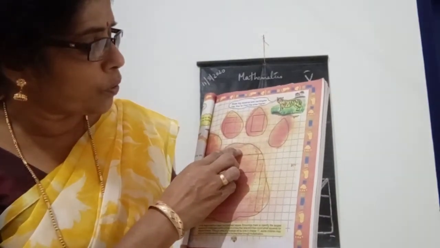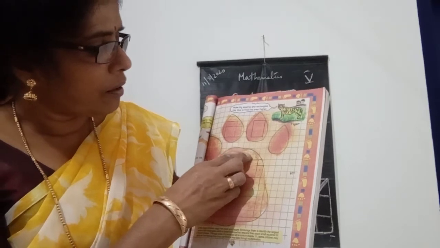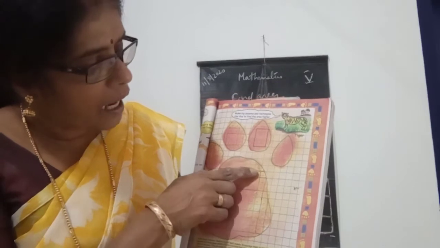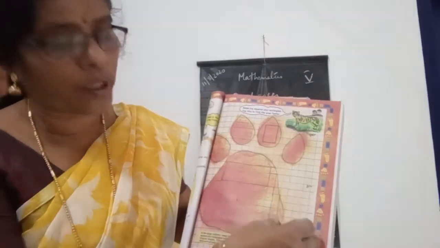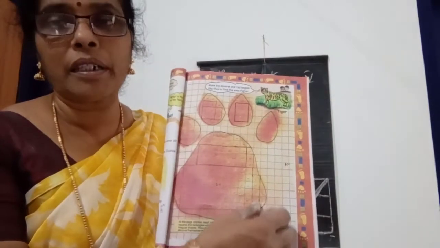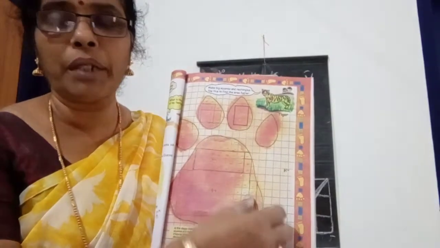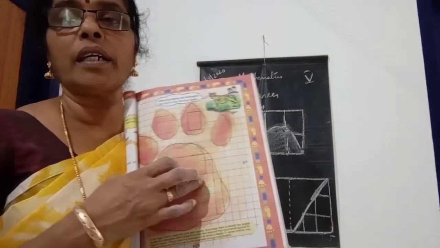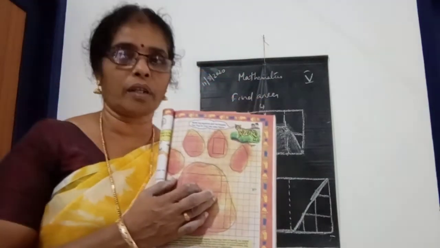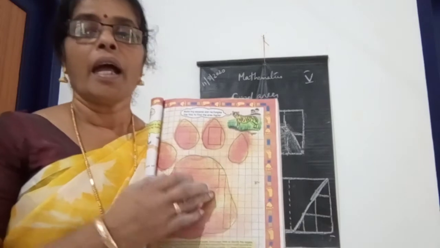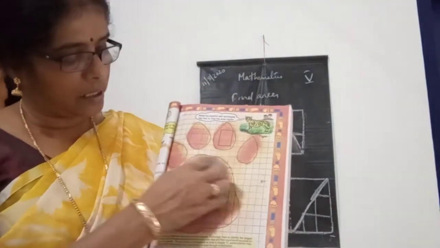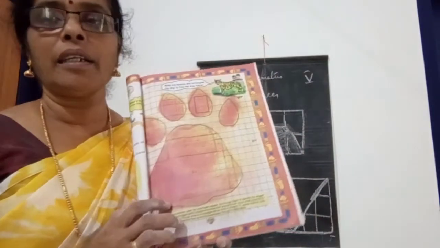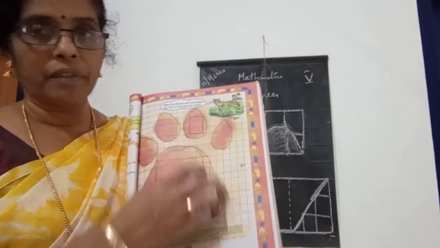7 8 and 9 10 11. Likewise you can count how many completed squares remain, how many half squares, and how many more than half of the square. That more than half of a square, you can take as one square and add it. You can add it, and this space also you can take and add. Then you will get the area of this figure.